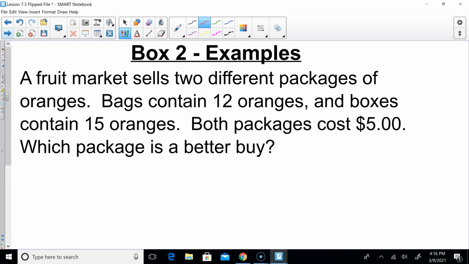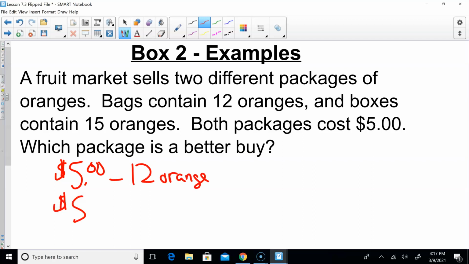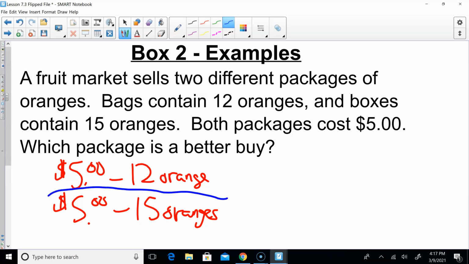Well, which one do you think would give you the best deal? Would it be the 12 oranges or the 15 oranges? Because the price is going to be the same. So we'd have $5 for 12 oranges or $5 for 15 oranges. Well, if you wanted a better deal, since you're going to pay the same price, you want to get more, so the better buy would be 5 for 15